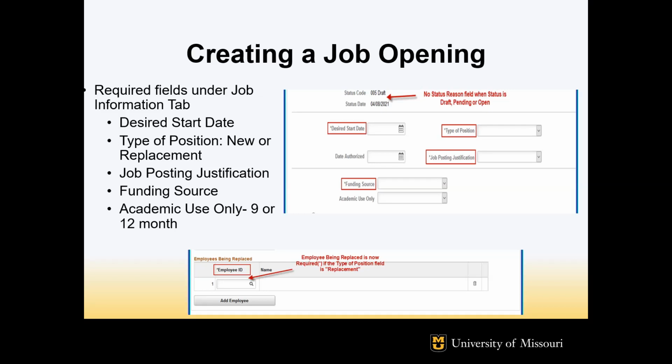For funding source, you either choose 100% grant, gift, or external funded, or you choose operational auxiliary funded. Some questions that have already come up since Friday is, what if it's 90% grant funded and only 10% us? You're going to go ahead and still choose operational auxiliary funded because some of it is. You only choose the grant, gift, or external funded if it's 100% from a grant.